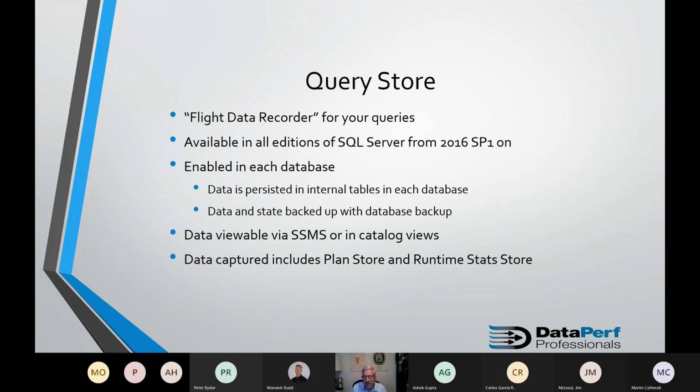So if you back up that database and restore it on another server, you have all of that historical data associated with the queries that were run there. So you can take a production database, restore it on another server, and then start exploring through the queries to find your most expensive queries or regressed queries or all kinds of things, right? So it's extremely useful in that.